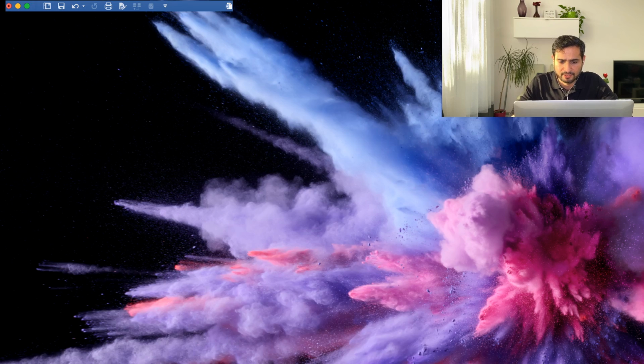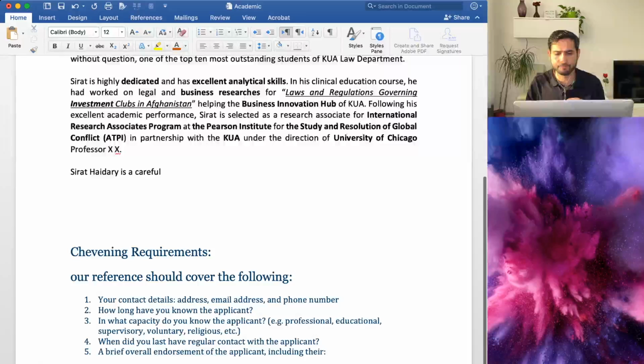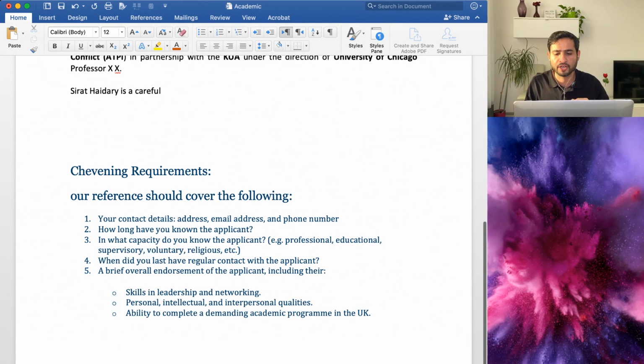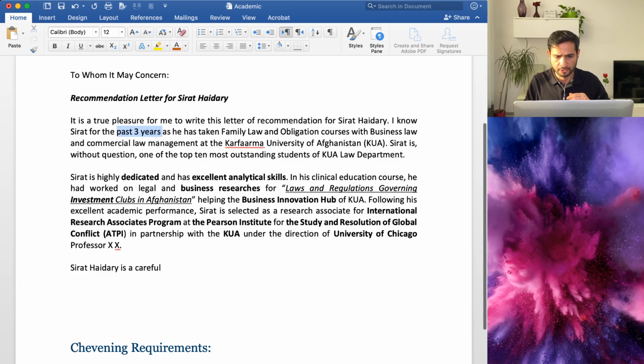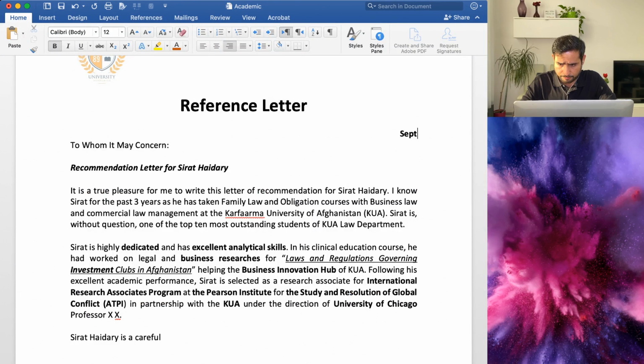So then this paragraph hints here, he starts, Sirat Haidari is a careful. So now my professor goes to these parts. You see, Chevening requirements. How long have you known the applicant? He already explained that for the past 3 years. Okay, I forgot to write the date here: September 28, 2000 X. I don't want to write the year.